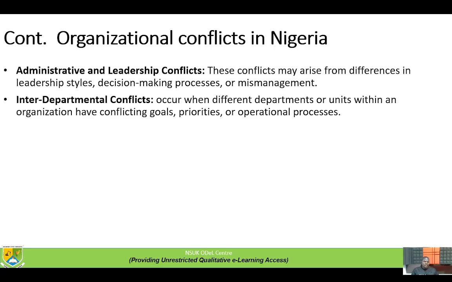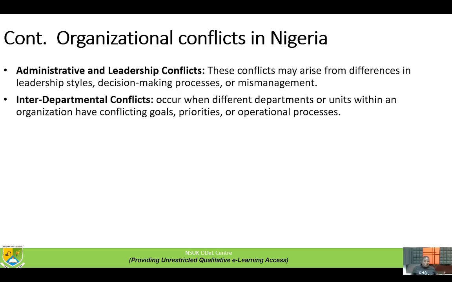Goal conflicts arise especially when the goals of an individual differ from the organization's. Like in one of the principles of management, which is the subordination of individual interest to that of the organization, it means that whatever you have, the organizational interest supersedes your own interest. But there are some employees who might not be in tune with the goals of the organization, or a particular goal of a department may not suit their interests. It affects them, and you end up with conflict because they are not compatible. They are not looking in one direction.